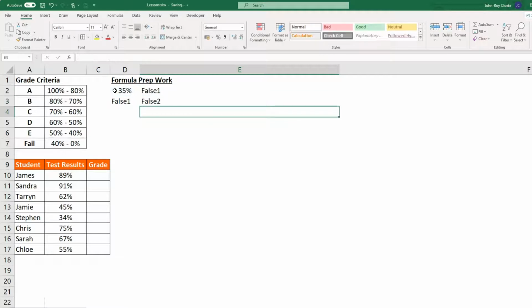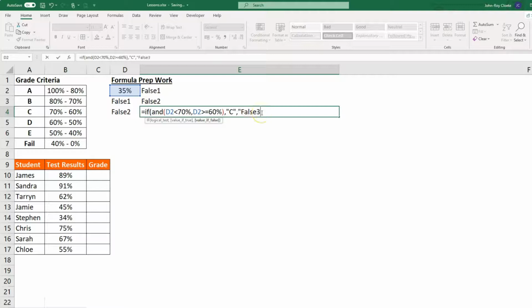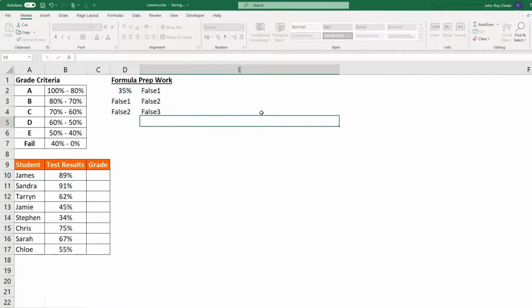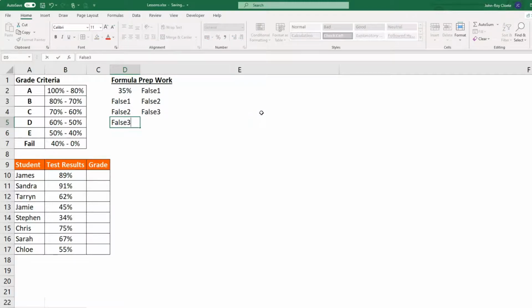Close parentheses. False 2 will be equal to IF, and again, if that same value is smaller than, now this one is 70%, comma, and that same value, if it is bigger than or equal to 60%, close parentheses, comma, then we would like a C grade, comma, if not, then it is false, which one now, 3, close parentheses. False 3